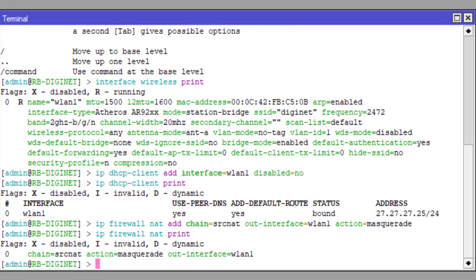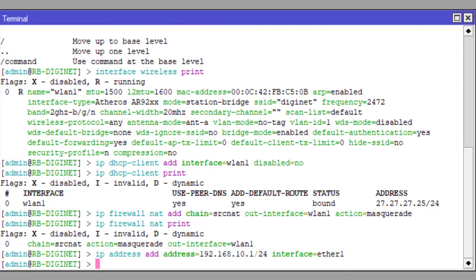Next, add the IP address for each of the DHCP servers. I'll configure it based on the topology requirement. First, I'm gonna add the IP address 192.168.10.1 on the Error 1 interface. Then I'm gonna add the second IP address, 192.168.20.1, on the Error 2 interface, and check it to make sure that the IP has been registered.